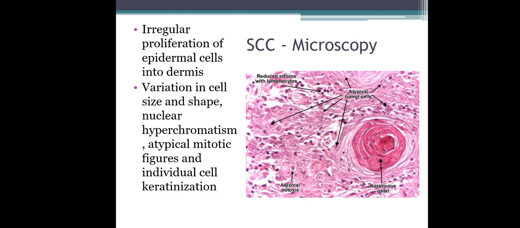Because a squamous cell is a cell which produces keratin, the atypical neoplastic squamous cell also produces keratin, but what is the difference? It produces keratin in different forms, like keratin pearls. So this is a picture of a keratin pearl. Over here you can see this keratinization is in the form of whorls. They are whirling of keratin. So they are known as keratin pearls or keratin whorls. Okay.